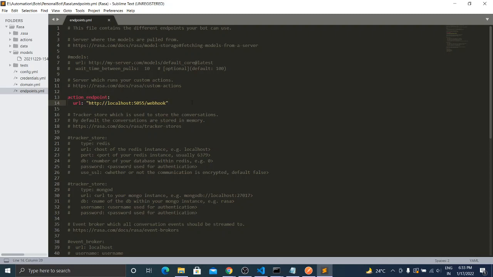Using this endpoint Rasa will serve as an input output API where we can send our message and receive the response. By default this is in a commented state. Please uncomment this, save the file and close it.